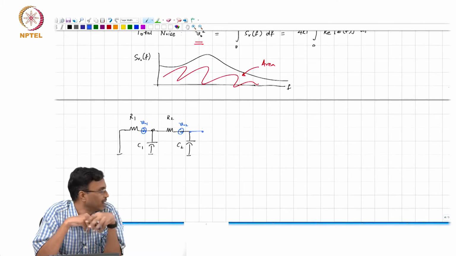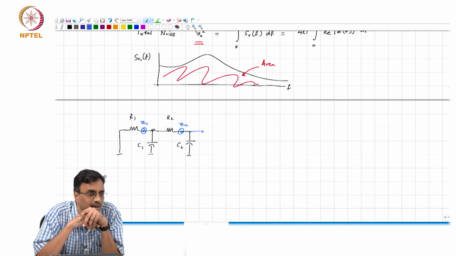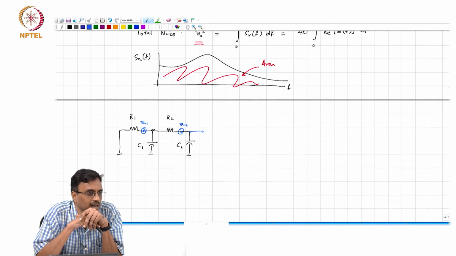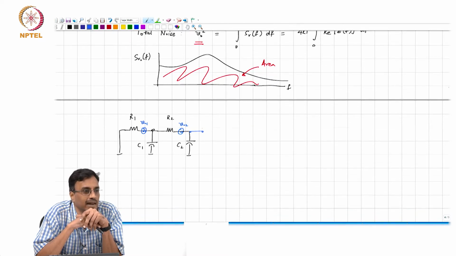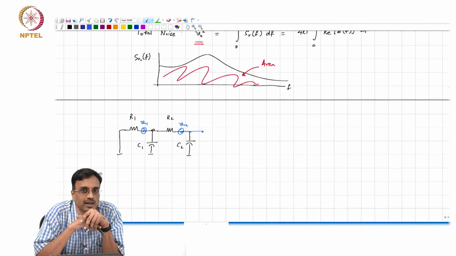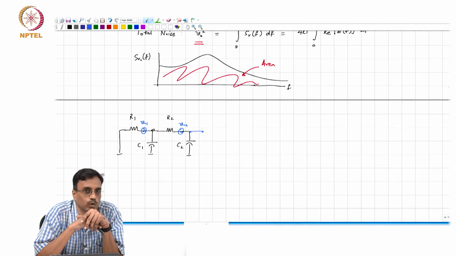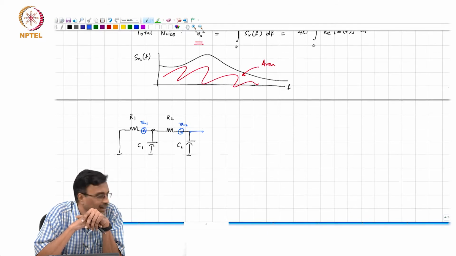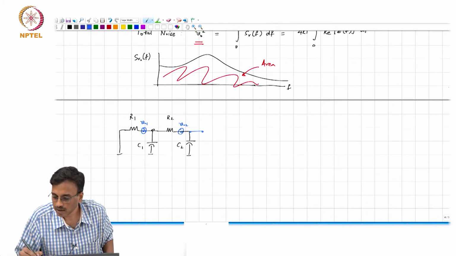And this is only for a second order network. Let us say you had 5 capacitors and 4 inductors, and then all of a sudden you have a 9th order transfer function, correct, which means the squared magnitude response will have an 18th order polynomial in the denominator, right. So, all the tricks you learnt in your JEE and GATE coaching classes are of no use. Okay, all right. So, here is an analogy, right.